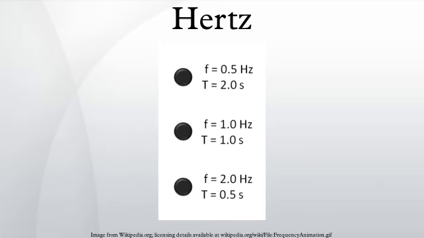For example, a clock might be said to tick at 1 Hz, or a human heart might be said to beat at 1.2 Hz. The frequency, or activity, of aperiodic or stochastic events, such as radioactive decay, is expressed in becquerels, not hertz. Even though angular velocity, angular frequency and the unit hertz all have the dimension 1 per second,